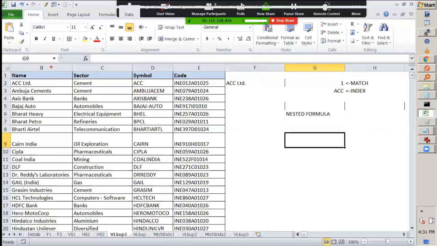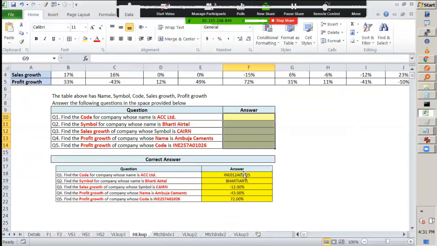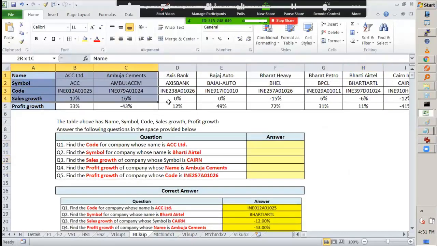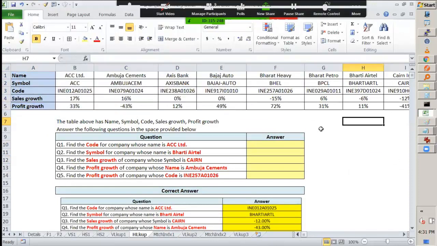Okay. So here the values were there in the vertical columns. We can have the values in the horizontal column. So same data, what I have done is I have placed it horizontally. So in the VLOOKUP, you were searching here. But the issue is that now the search is here, this side. See, I have to search ACC Ltd or Bajaj Auto or Bharat Petro, etc.